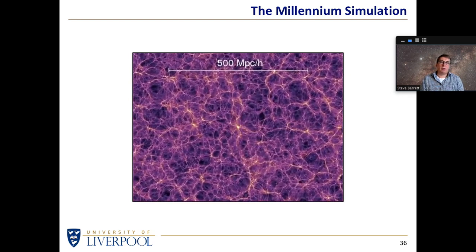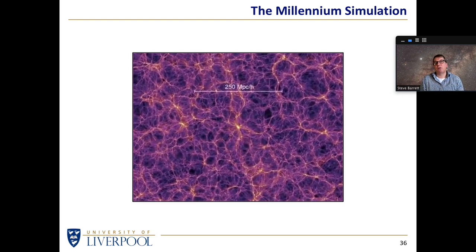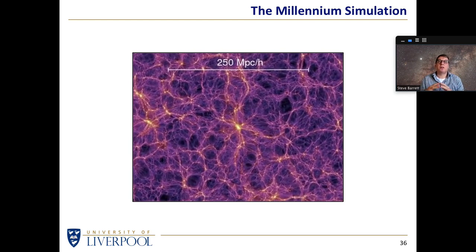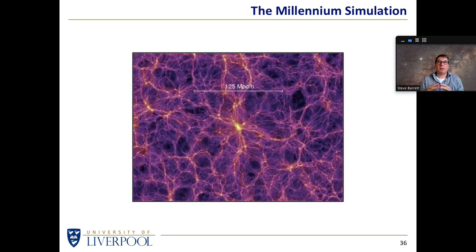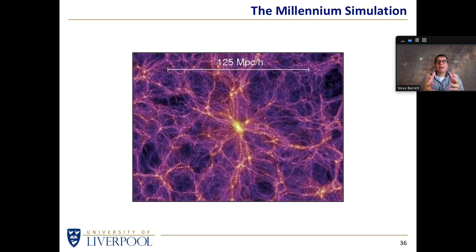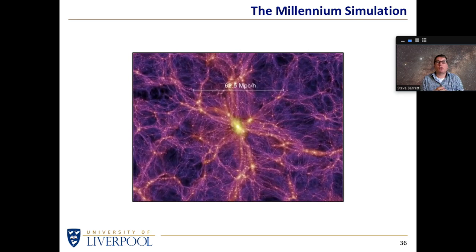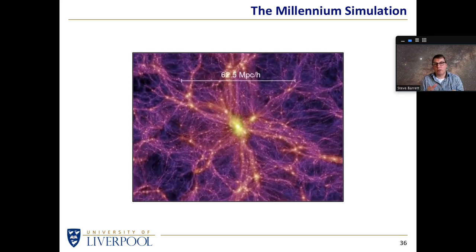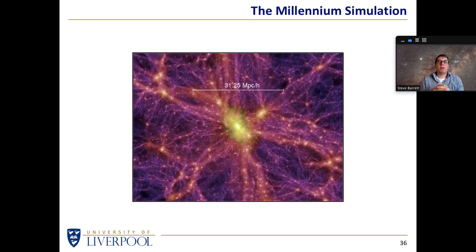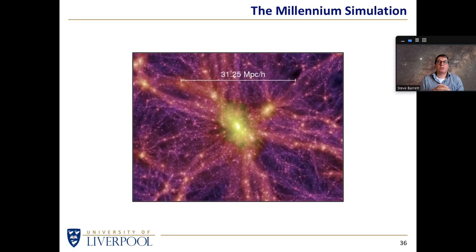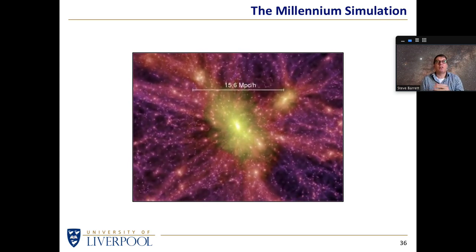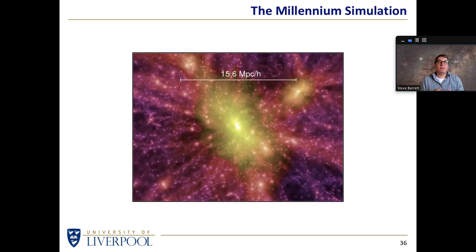This particular simulation is called the Millennium Simulation, simply because this calculation was done about 20 years ago at the turn of the millennium. There were plenty of other simulations that are also trying to reproduce, can we understand the structure of this cosmic web, these filaments, these voids, these knots where the filaments meet, which appears to be where the clusters and superclusters start to form, and can we understand the details of galaxy formation and star formation in these regions.